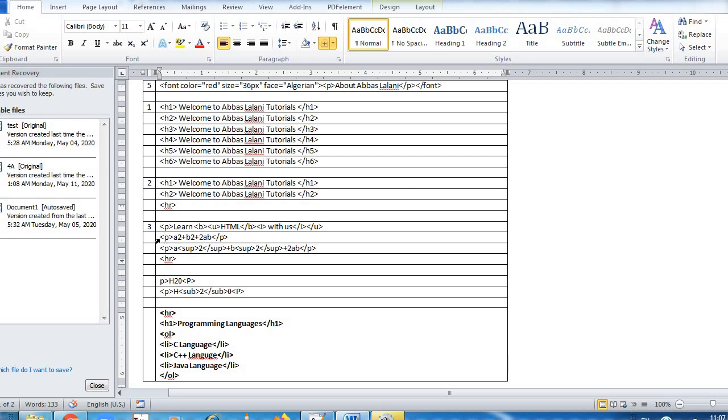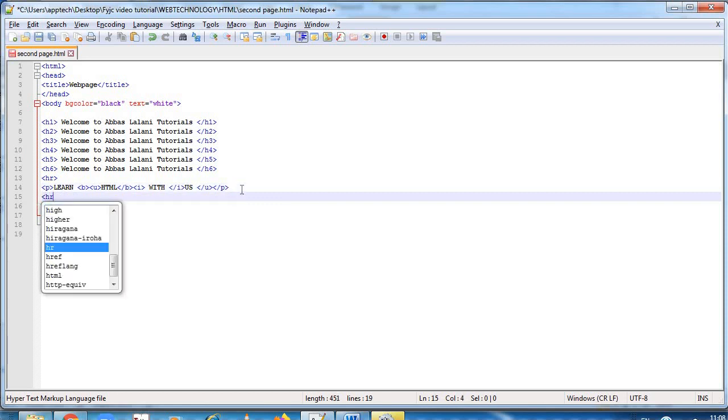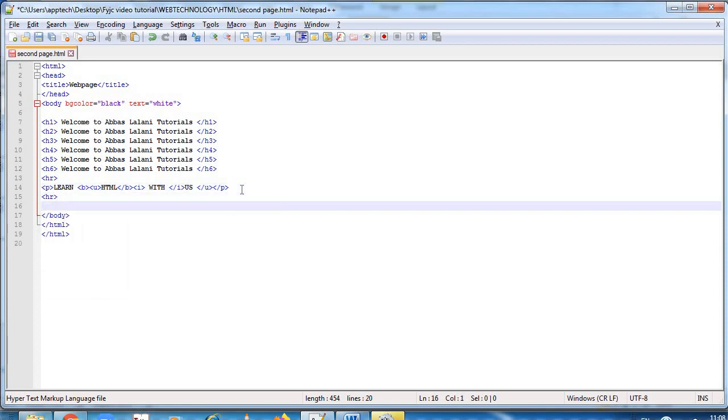Now we'll use subscript and superscript. Let's say I'm writing over here. I'll first make an HR line over here, so it will be easy to distinguish. Now I have written in a paragraph A2 plus B2 plus 2AB, paragraph tag close. Now how it looks like.